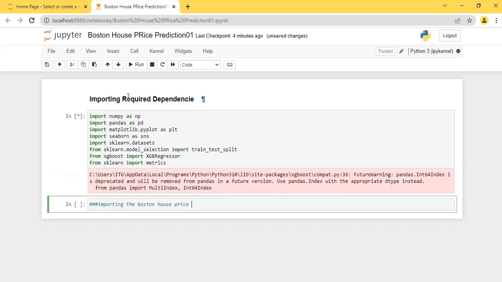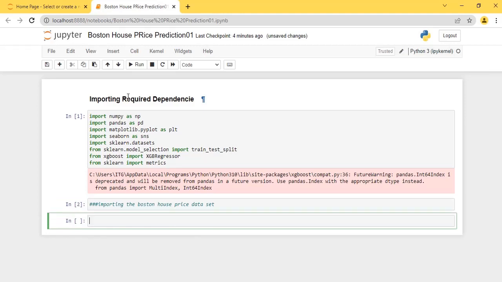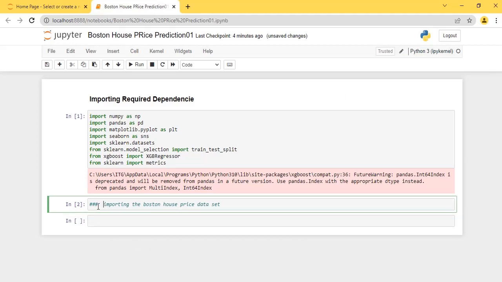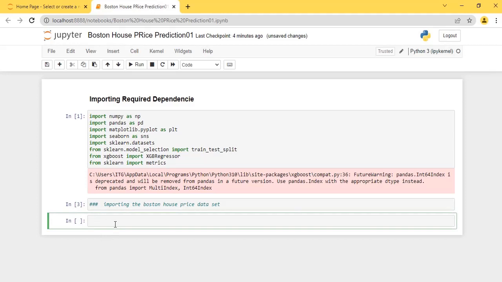Now we need to import the Boston house price data, so I'll create another text and I'll mention here that I am importing the Boston house price data source. We will be importing our dataset from sklearn's datasets. So I'll create a variable for storing this data. Let's create the variable as house price data is equal to